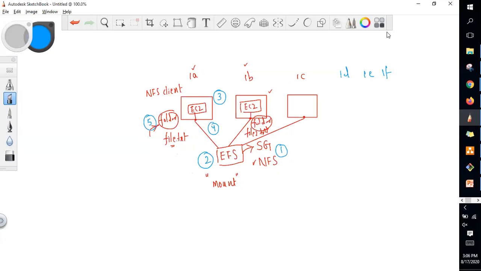If there are 3 instances that store a file in EFS, can they delete the files too? Yes, it can be deleted and edited, but you can control the permissions here if you want to. Maybe you want to give only read access for the EC2 instances and not write access. Yes, you can do that also. But by default, all the instances will have equal permissions. Good question. Yes, you can control.